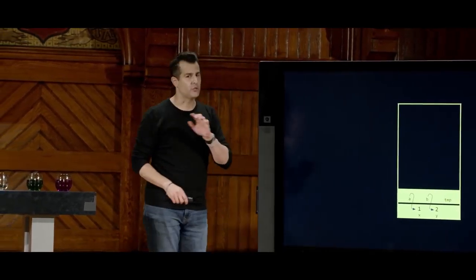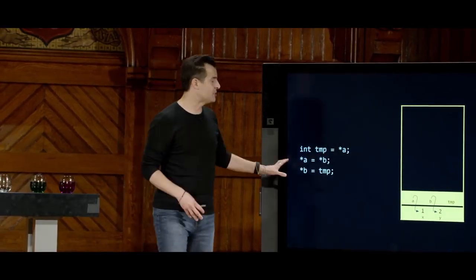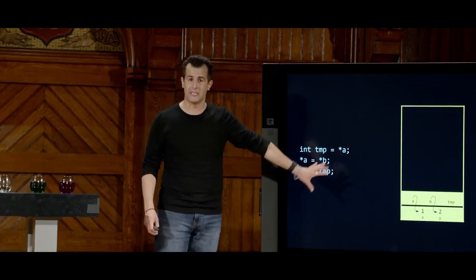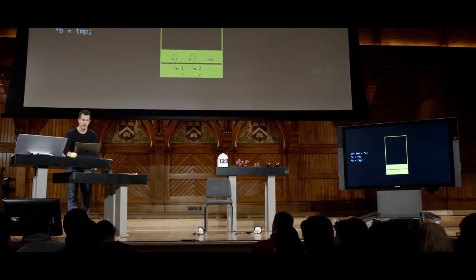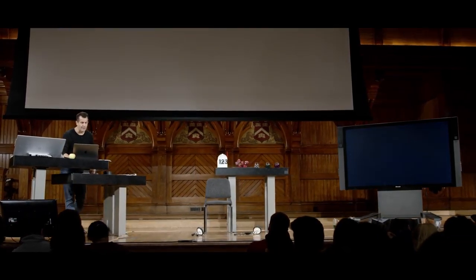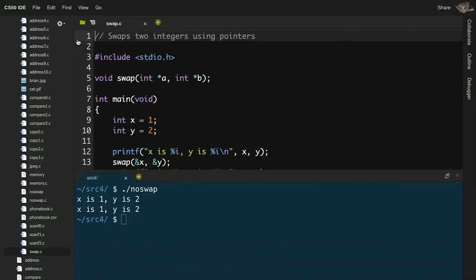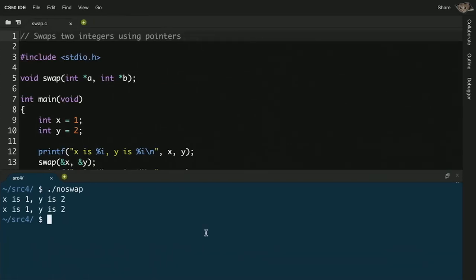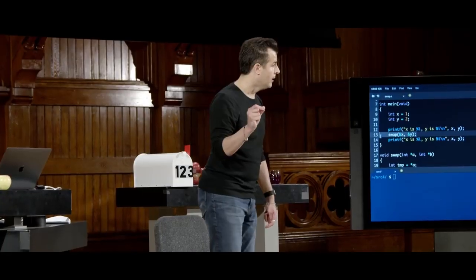So the code I'm actually going to use now is a little scary looking, but it just goes back to those first principles from the very start today. I need to put, unfortunately, some asterisks all over the place here. But let's see why. First, let me back up for just a moment and propose that the swap code I'm going to use now is not that in noswap.c, but in a program called swap.c. So in swap.c, I have almost the same code except this. First of all, on line 13, I'm no longer passing in x and y. I'm passing in the address of x and the address of y. That was the key detail from earlier today when we first introduced ampersand.